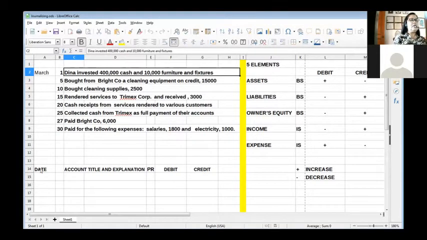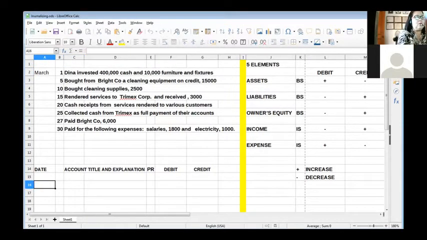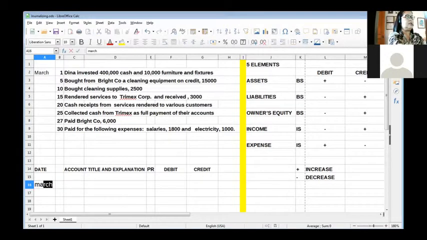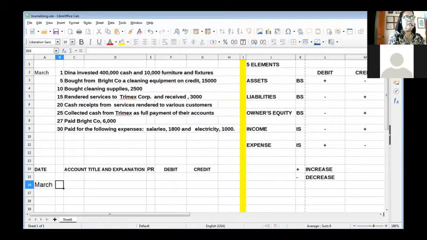So, in our example, na March 1 nagkaroon siya ng investment, anong accounts ang nagkaroon ang isang negosyo na Dina Linis Company? Hindi ba nagkaroon siya ng cash? At nagkaroon din siya ng furniture and fixture. So, ilalagay natin dito nung March 1st, nagkaroon si Dina ng cash. So, debit cash,